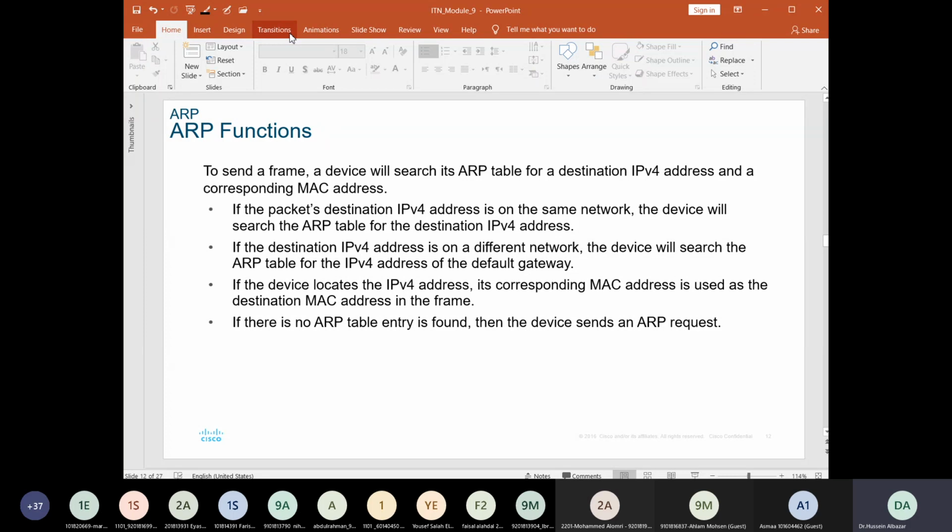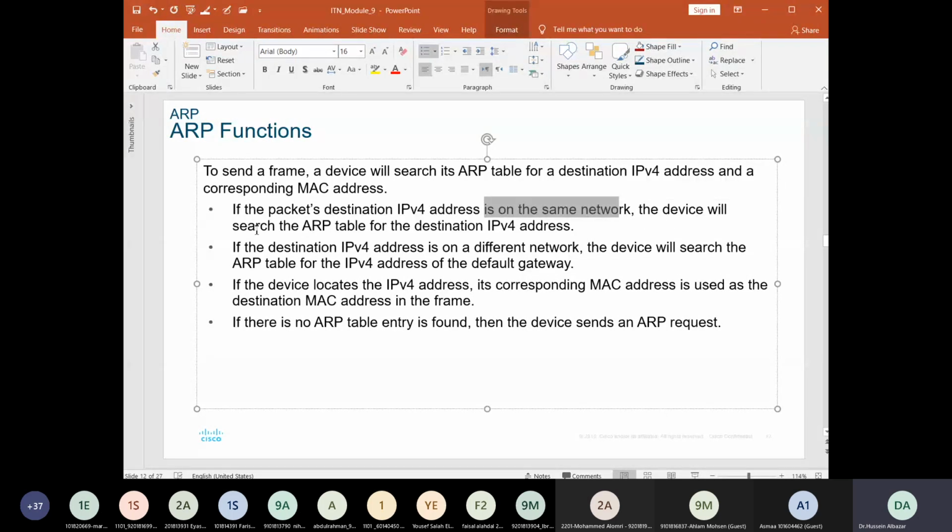To send a frame, the device will search its ARP table. Any device will check the local ARP table for the destination IP address and corresponding MAC. So I want to send as PC1 a message to PC10. I will check my ARP table as PC1. I have this IP address. Where is the MAC address? Now, if the packet's destination IP address is on the same network, the device will search the ARP table for the destination address. Sender and receiver are located on the same network. So I will check what? My ARP table